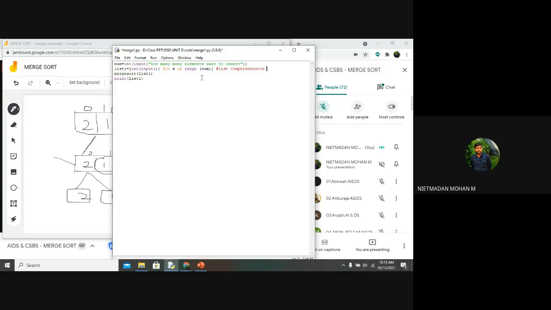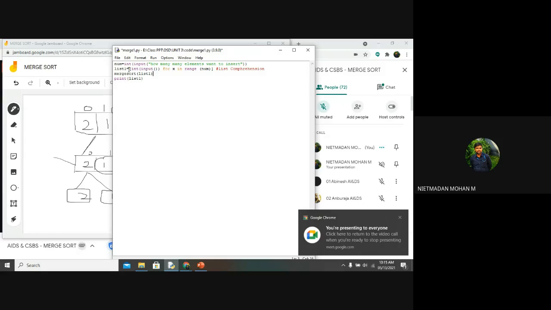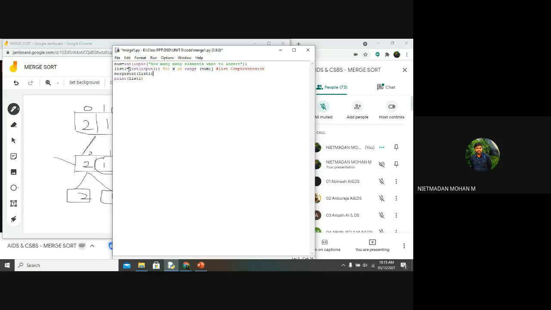This is the technique we used in the PSBP fourth or fifth unit. I will explain it in the offline class. I have given a lot of examples of list comprehension. Inside the list, we can use the for loop, and you can check conditions inside the list itself. For this statement, I am using the list comprehension method to get an input and arrange the elements in the list. Clear about this?